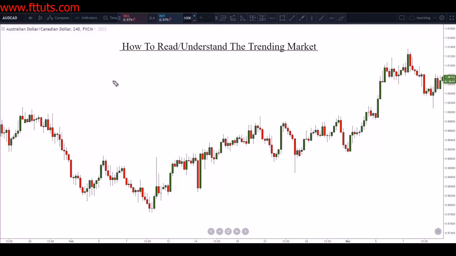So what we're going to do is go through this entire chart that you see on your screen, and we're also going to scroll to the right until the end of price action. And I'm going to be showing you guys how we would identify trending markets in this entire situation. So I'm going to grab my line tool here,